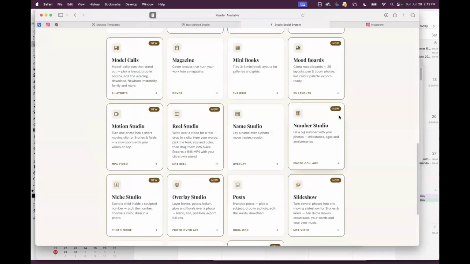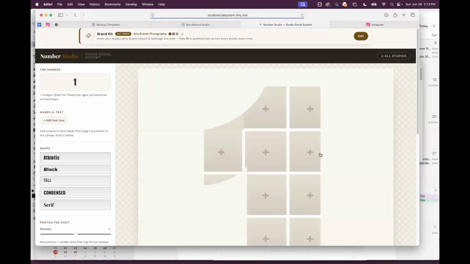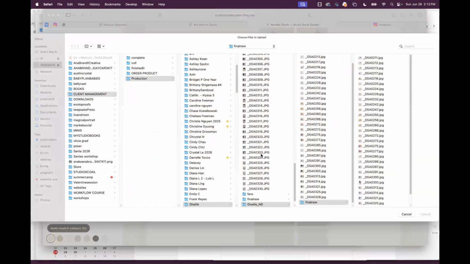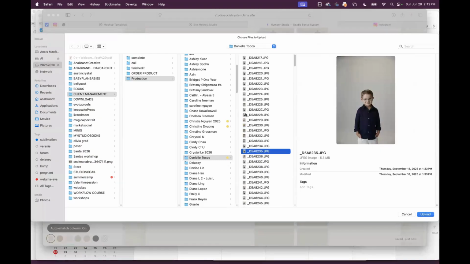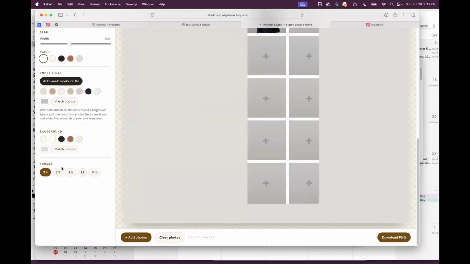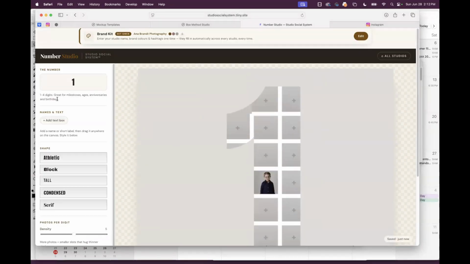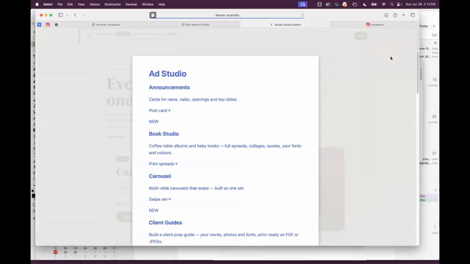Is there anything else I haven't shown in here? I could show you this, one of the things I'm working on. I built Number Studio, so you can add images in here for when children are turning 1 or whatever. You can add things in here, and I like it, it works really well. We have different formats, different guidelines. You can print it. They could put it at the birthday party.